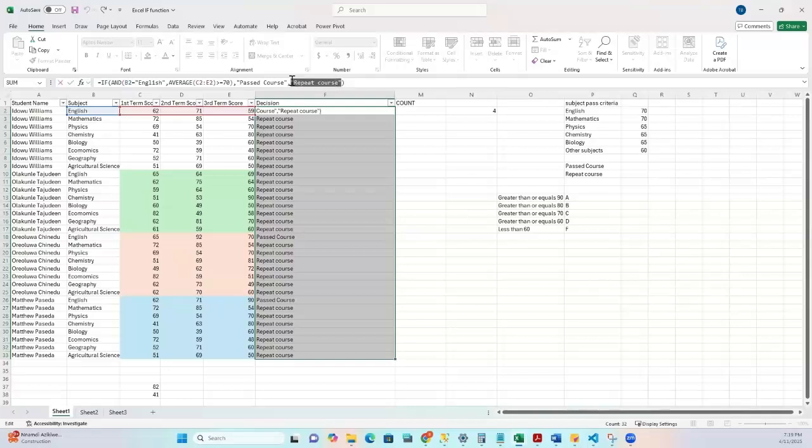So where we have repeat course, I mean the value if false, where we have this, we're going to be putting another if. So this is the idea behind nested if, right? We're going to be putting another if in here where we have the value if false. Okay, so for this again, we are basically considering other subjects, now mathematics. So to do this, we're going to be using the AND, right? So it says if the subject here, so we're picking the cell here, the value of the cell, if the subject is mathematics,